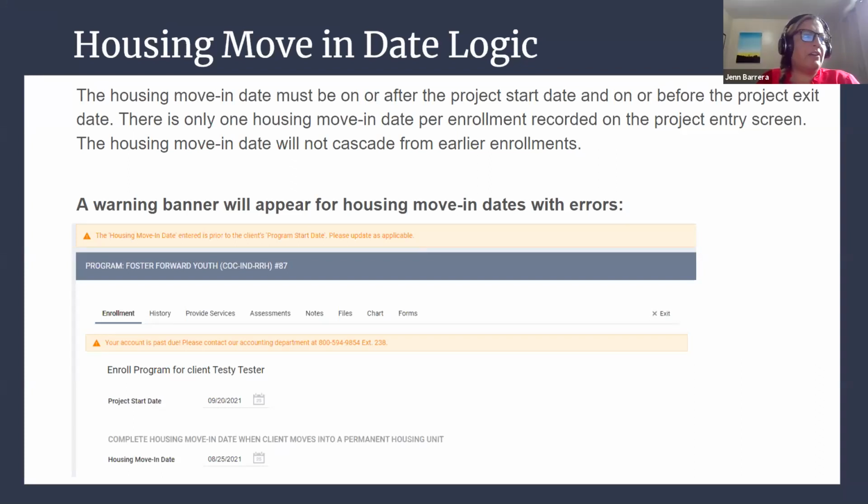I also just want to point out this fun little banner here that all of us system administrators have on our accounts. We are purposely withholding funds from our vendor, BitFocus, until they complete certain portions of our custom data migration.